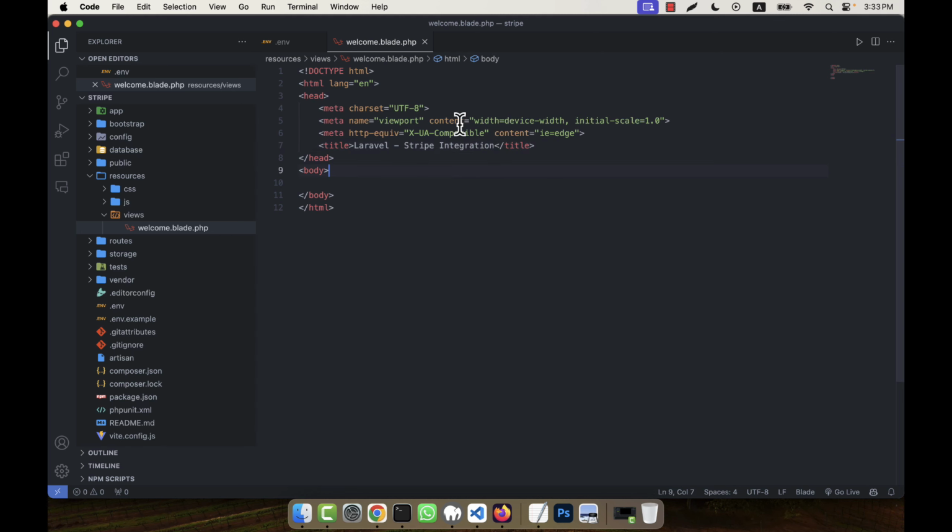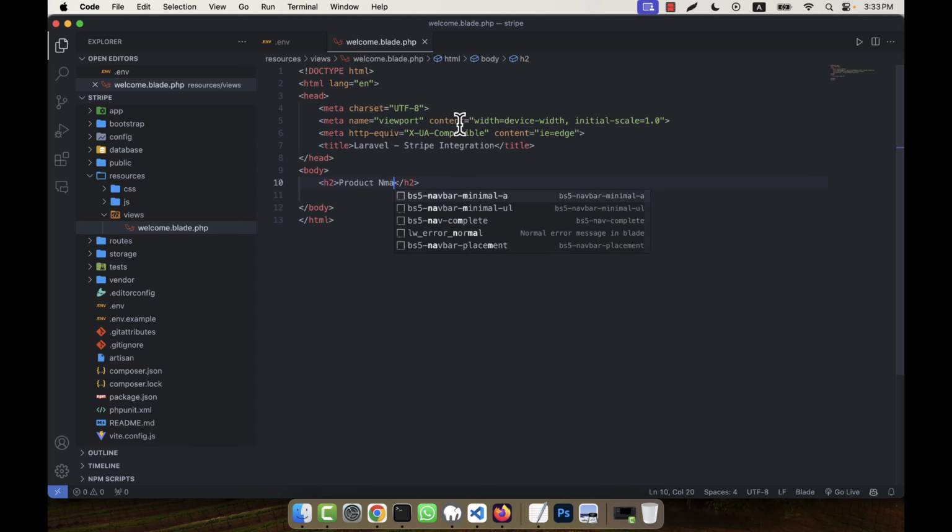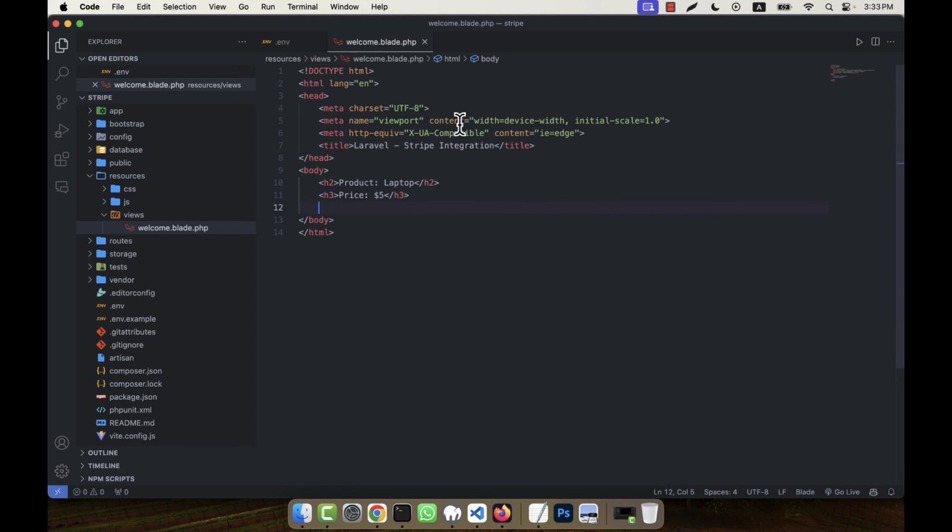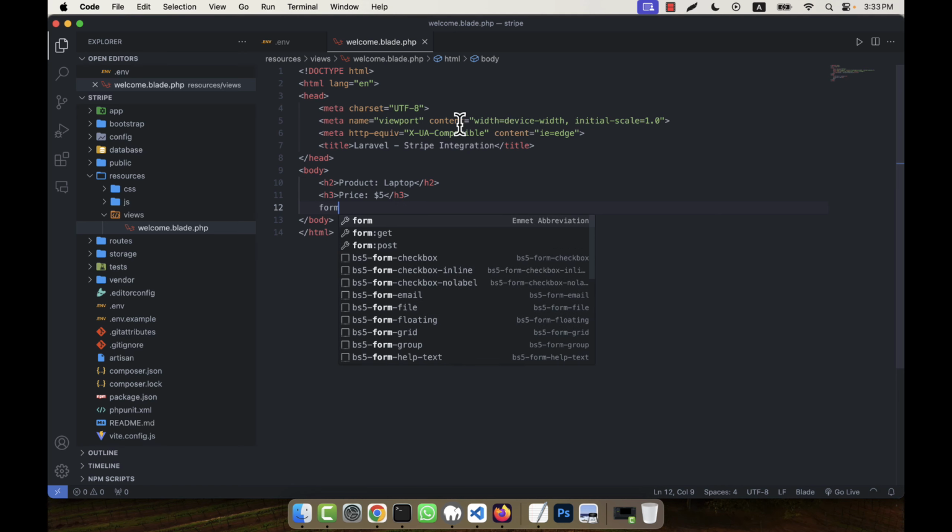Okay, and here in the body I am going to give the product name, for example, product laptop, and then h3 price equal to, for example, $5, and after that I am going to call a